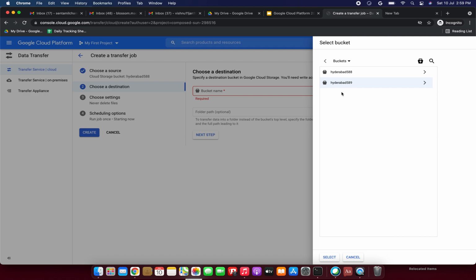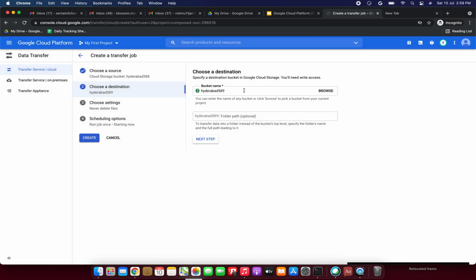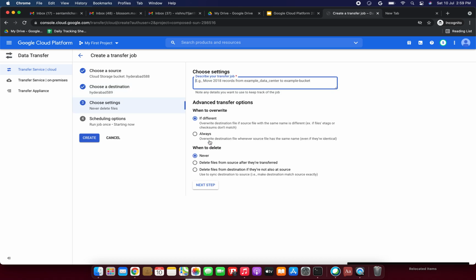I think 588 or 589... 588 I have created, so this one is 589, sorry. The destination bucket is Hyderabad 589, and there are no files or images in it. Okay, next step, I am clicking next step.